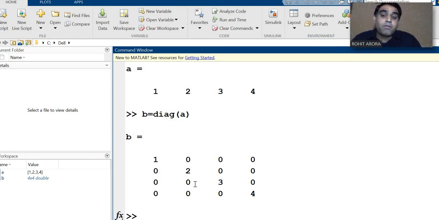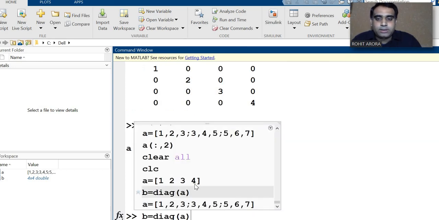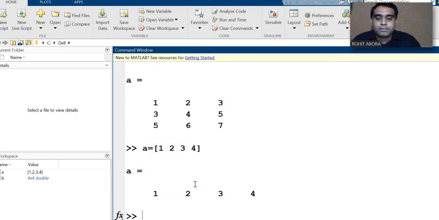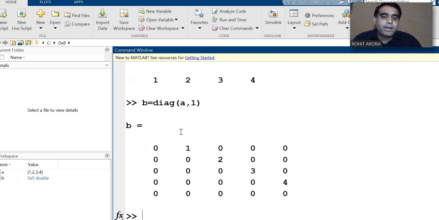The upper and lower parts of the matrix are 0. Now if you want to add elements on the right side or the left side, then what to do? Take a matrix again. After that, B is equal to diag(A, 1).